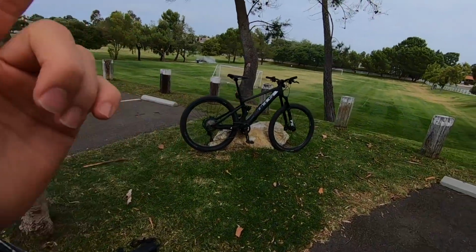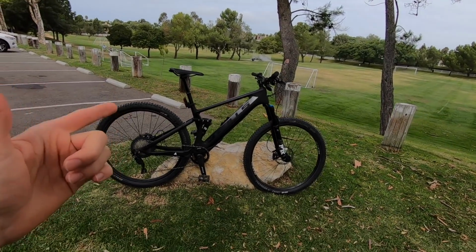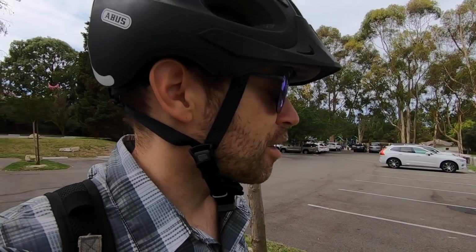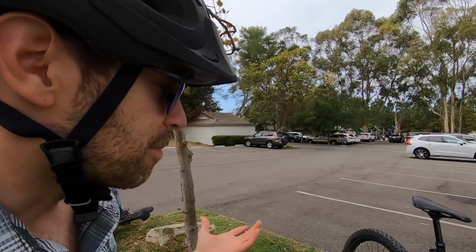And in a lot of ways, for me, this is my favorite type of bike. It's super lightweight, 42.2 pounds. That's extremely lightweight for an electric bike. Of course, there is a trade-off in terms of power and range, because this is using the Fazua motor and